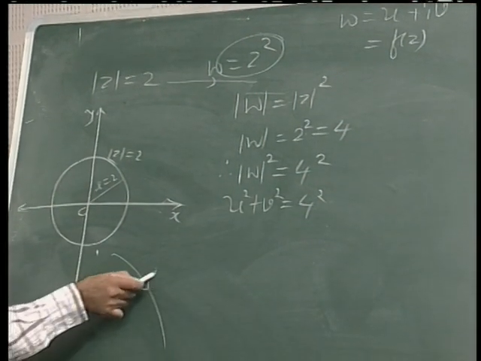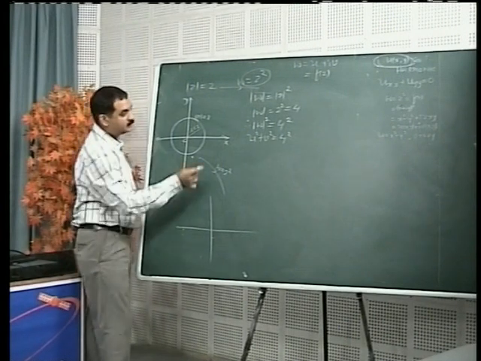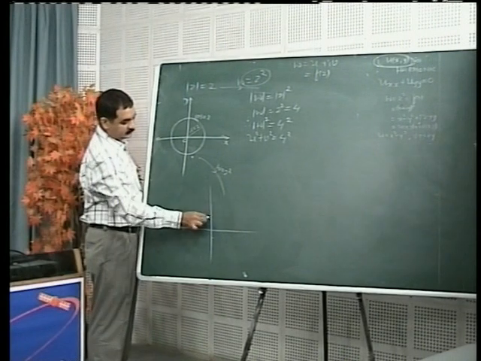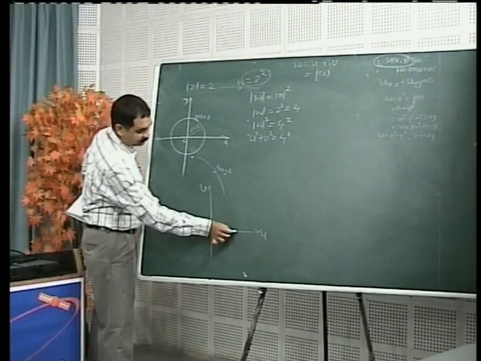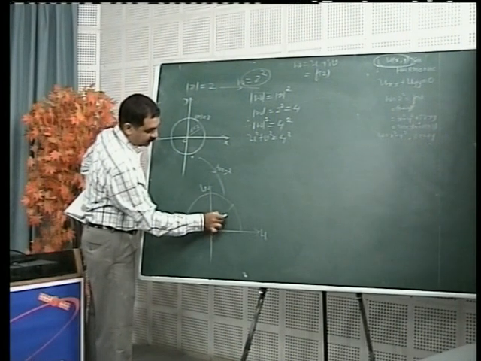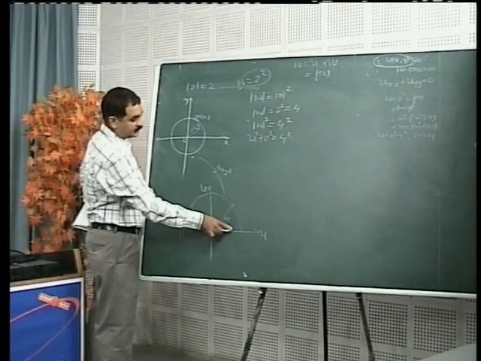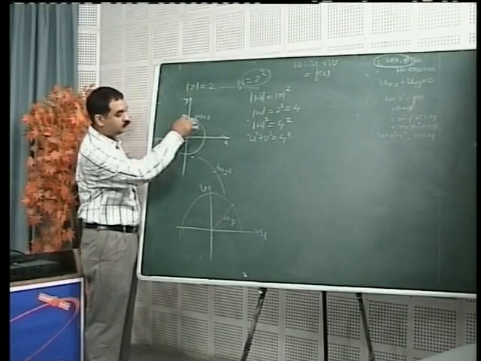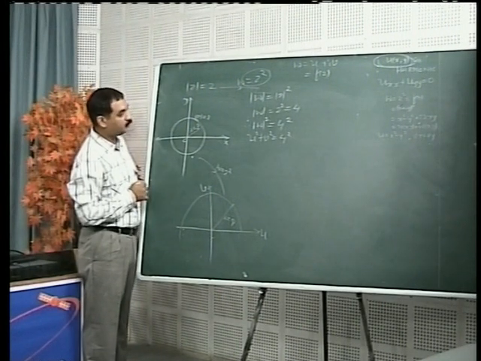It is W is z square. So in the W plane, it is also a circle, but the radius is the square of 2, right? We get a circle with center at origin, and that is a bigger circle we get. Here radius is 2, it becomes radius 4. If the radius is 3, we can check this procedure. Our radius will become 3 square, so 9. W equal to z square maps mod z equals 2 again to a circle. The radius becomes the square, and the center remains origin intact.